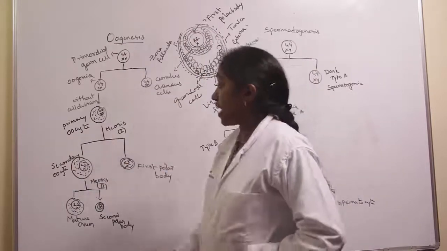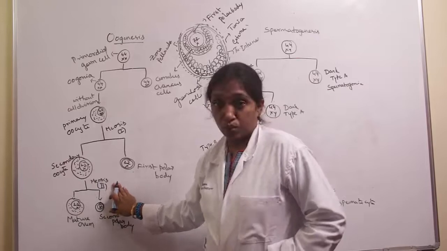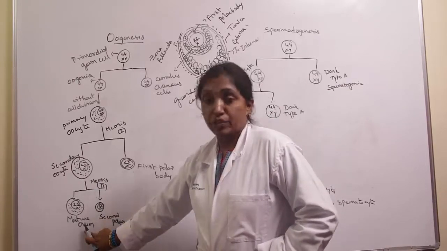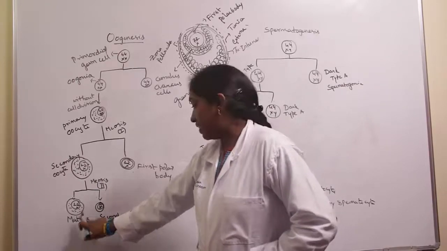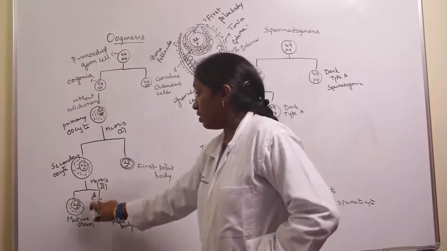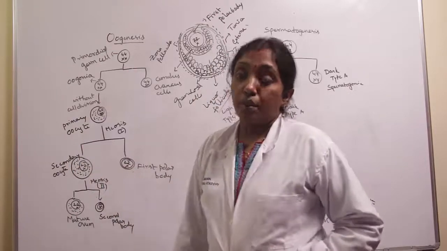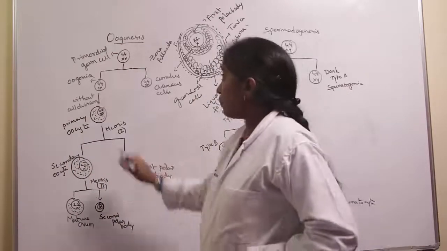If fertilization occurs, then only the secondary oocyte completes its meiosis II and converts into a mature ovum and releases the second polar body. If fertilization does not occur, these secondary oocytes are shed along with the menstrual blood. That's about the